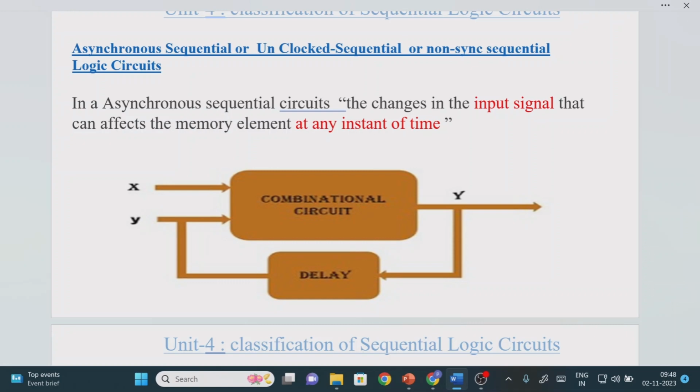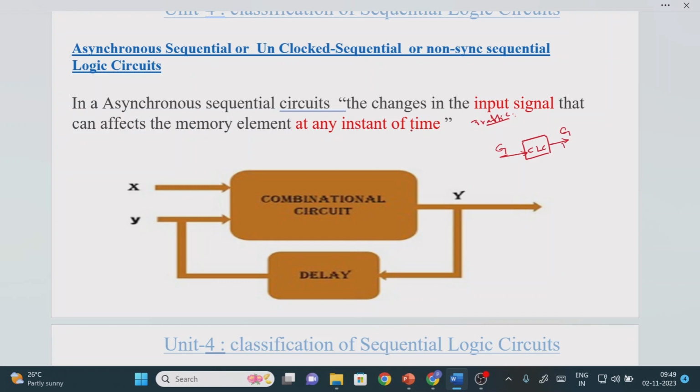Suppose you see this diagram, I will have something like this. We will have the combinational logic circuit. For understanding purposes, we will consider the traffic signal scenario. Let it be that for the first time we are giving the input. Let me pass green as the input value, right? Let this be a combinational logic circuit, and try to understand that whatever input we give, the same will be generated as the output, just for example. So what is the current output value we are getting? Green is the current output value.